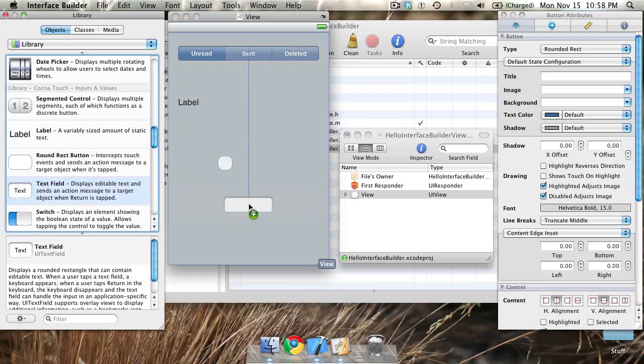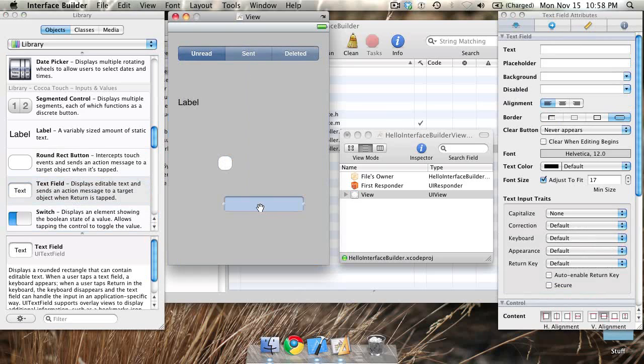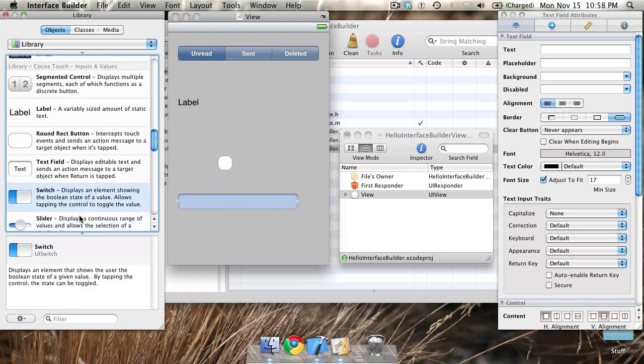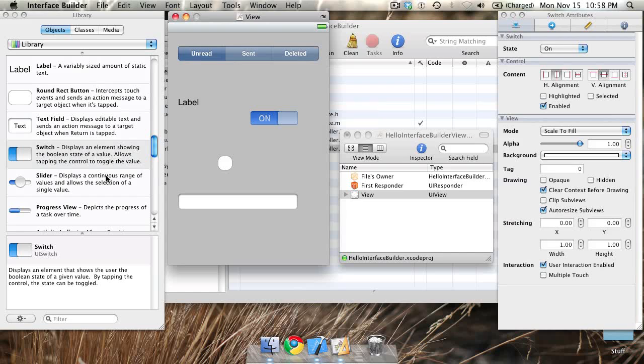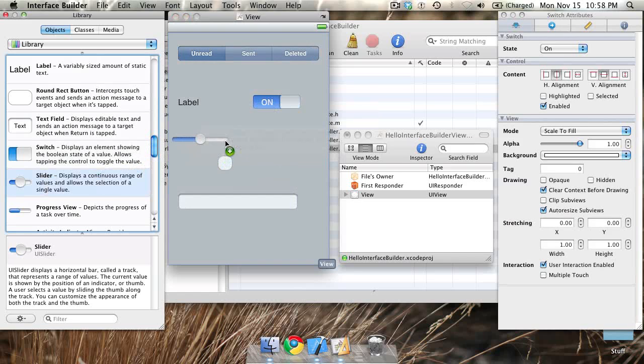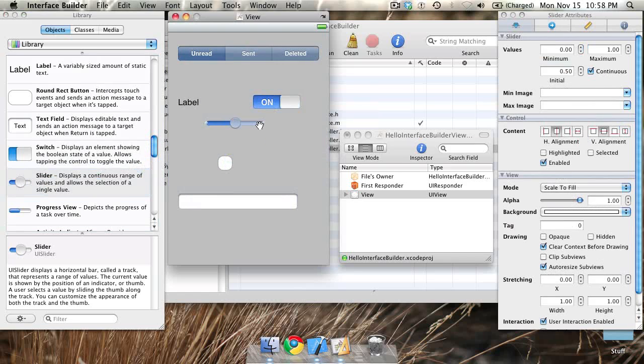Then we have a text field, which is user inputable text. So when the user clicks on that, they'll get their keyboard popping up and they'll be able to edit text inside it. Then we have our UI switch, which is a Boolean switch, allows them to say yes or no on a particular statement. A slider, which allows the user to be able to select a value between minimum and